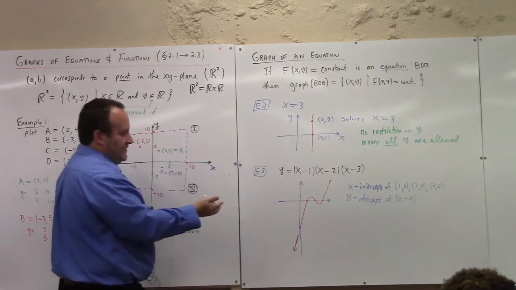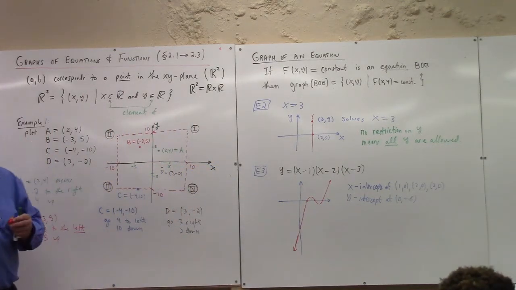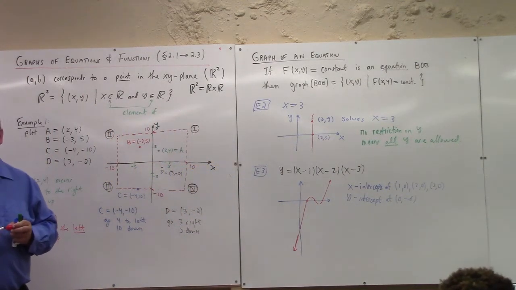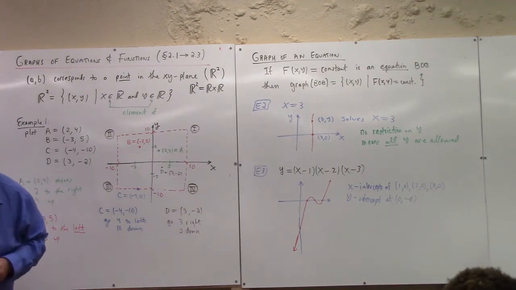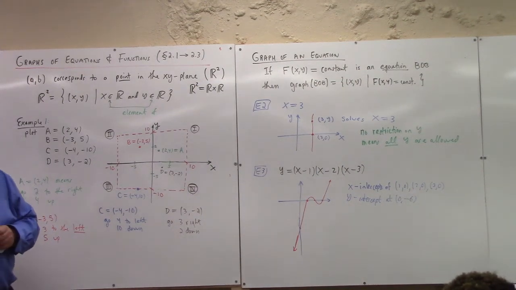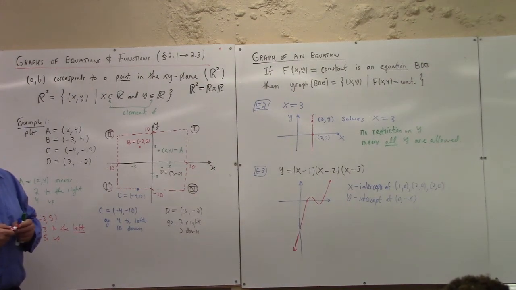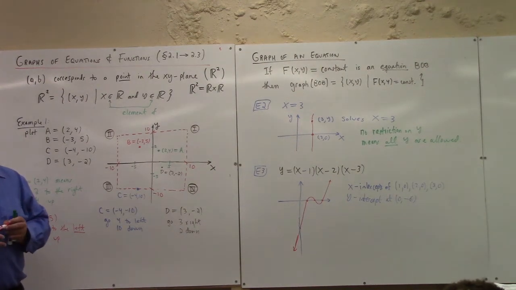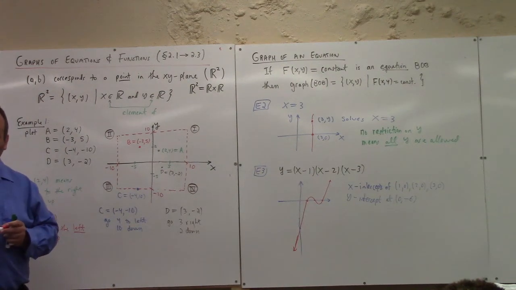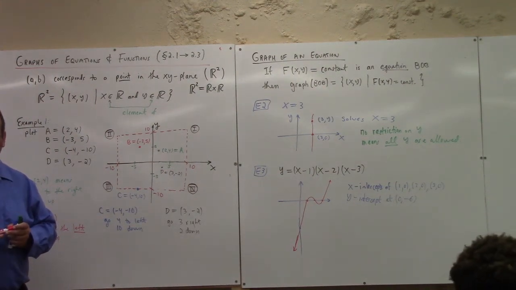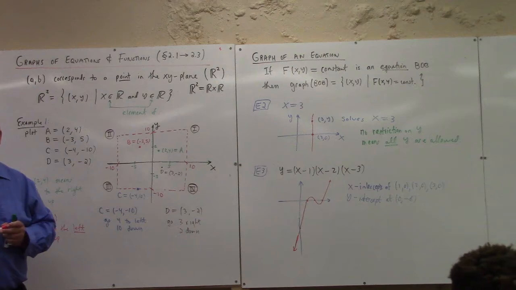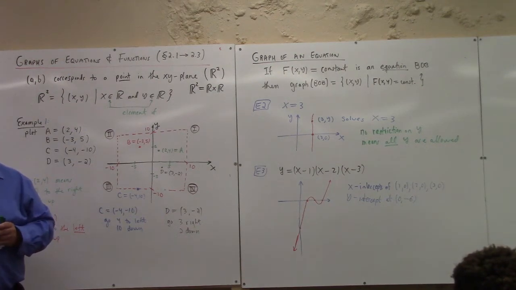Can you guys tell me what this is called? Graph of a what? You said it's a graph? You can't go wrong there, that's true. It's the graph of an equation, that's also true. Technically speaking, this is the graph of a function, which we'll talk more systematically about as we go on today. I can tell that because it passes the vertical line test. I'll try to explain more about that as we go on here, but